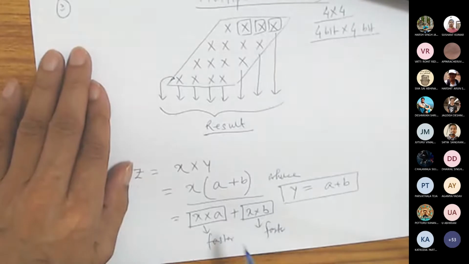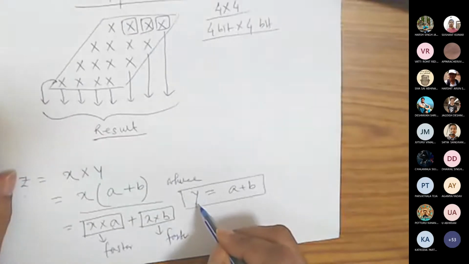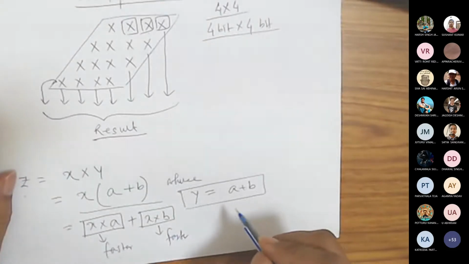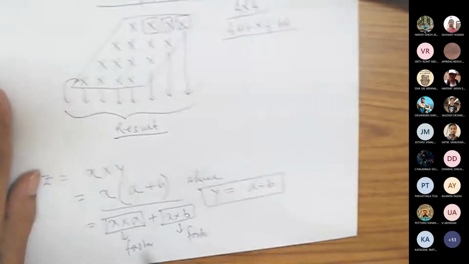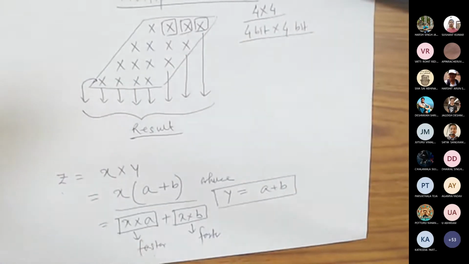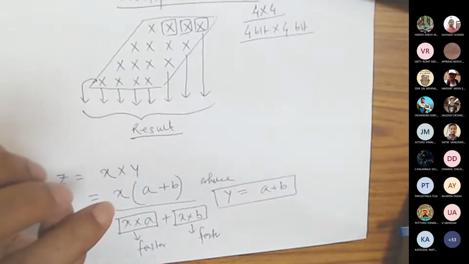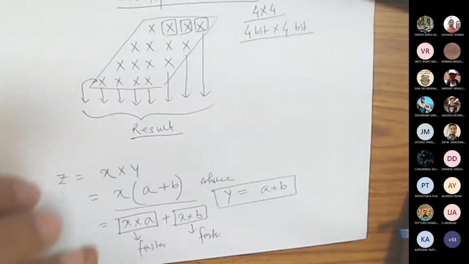Again, faster means we have already observed that this will be fast because x is common, whether it will be faster or slower depends on a and b. Now somehow if we are able to decompose y in two parts, such as a and b, so that this multiplication gets faster, that is the objective of Booth's multiplication. So we represent the multiplier in such a way that the number of ones are less.